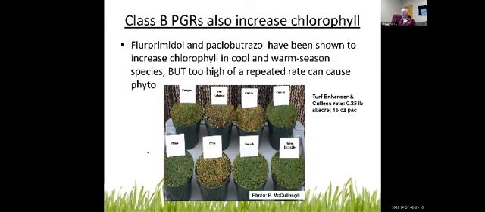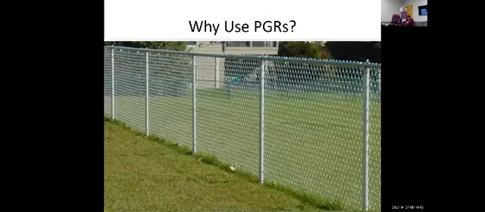And once you are repeatedly applying the product, a couple of things happen. This type of injury response pretty much goes away, and the level and duration of suppression you can get with subsequent application goes down a little bit as well. And what you're trying to do normally is keep applying PGRs on a routine frequency so that you reduce the growth rate by about 50%, is what we're looking for. But there are other uses for PGRs other than just enhancing aesthetics and enhancing density, and I think that's what we really want to hit on today. I'm expecting that's what most of the questions are going to be related to.